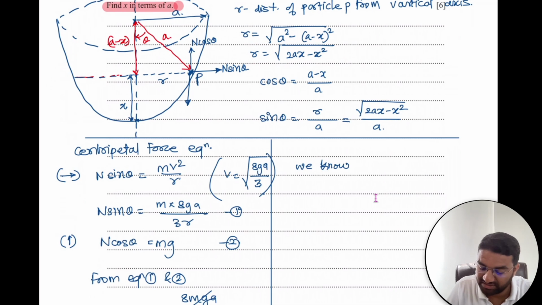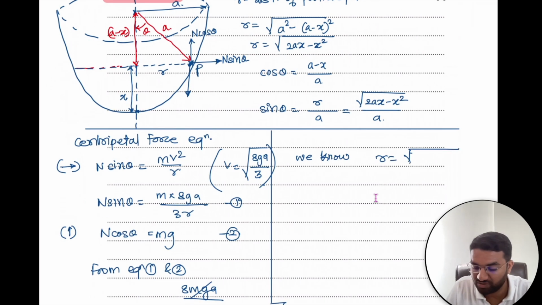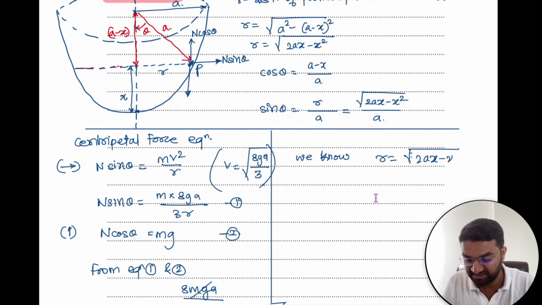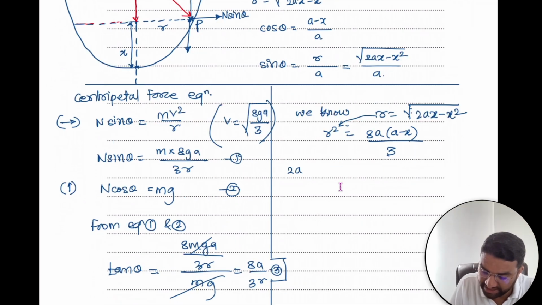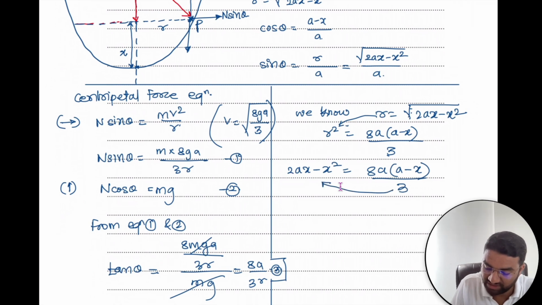So here r is equal to square root of 2ax minus x square, so r square is equal to 2ax minus x square. Substituting the value here, 2ax minus x square is equal to 8a times (a minus x) over 3. Transfer this 3 to the left, means 3 times 2 is 6ax minus 3x square is equal to 8a square